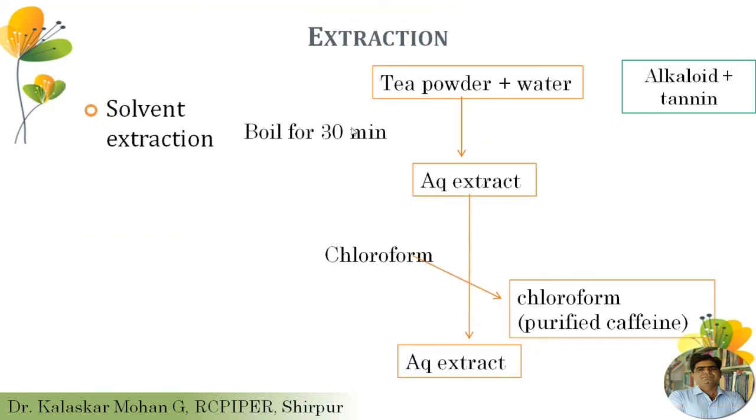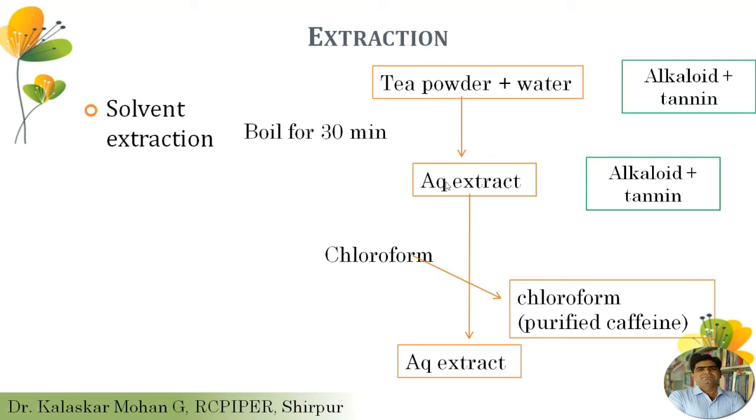Another method here is called the solid extraction method. As we know, when tea powder is boiled with water, it solubilizes the alkaloids along with the tannins. As we know, in the aqueous extract alkaloids and tannin get accumulated, but this tannin has limited solubility here. So tannins are only soluble in water and alcohol, while tannins are insoluble in chloroform. While caffeine, as we have seen in the previous two slides, is soluble in water as well as diethyl ether